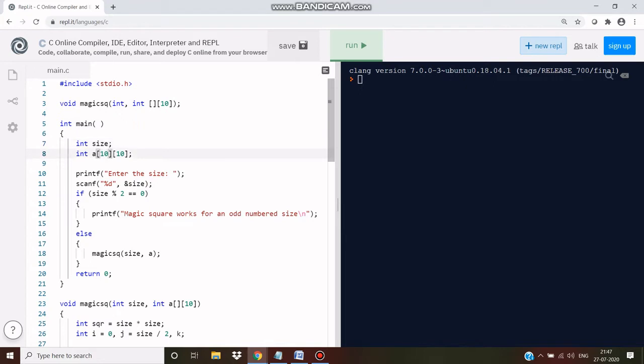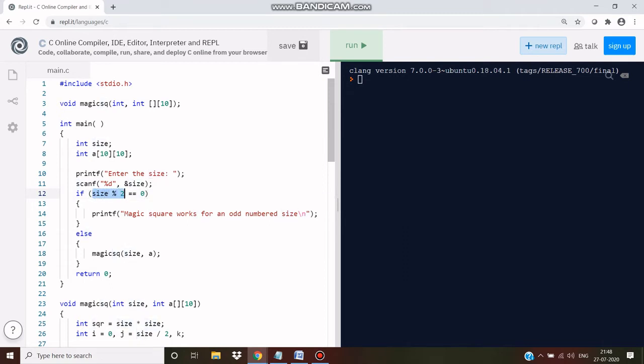Here also we are declaring all the variables. For example, size is an integer and A is a matrix, A[10][10]. It can hold 11 rows and 11 columns. Here the computer is accepting the number. That scanf is the input keyword. This %d is the format for an integer variable. Our size is an integer variable, so this format has to be used according to the syntax. You enter the size, it will display on the screen, and you give the number. It should be an odd number because this program is meant only for odd numbers.